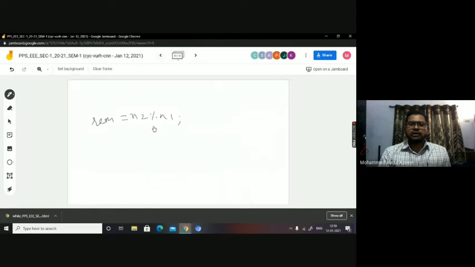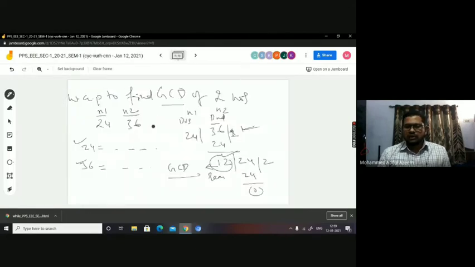Okay, then I have to carry this kind of operation further. How long? Until the remainder is 0. But when I proceed for the next time, what I do is, this is the current divisor, right? The current divisor will become the dividend for the next operation. It means n1 should go to n2, and the remainder that you obtain from this operation will be your divisor. It means that will be assigned to n1.